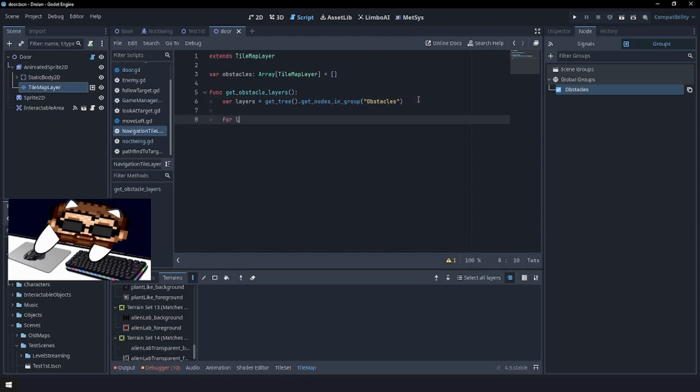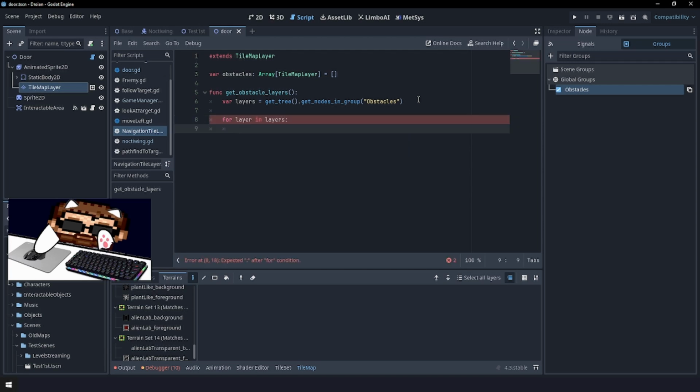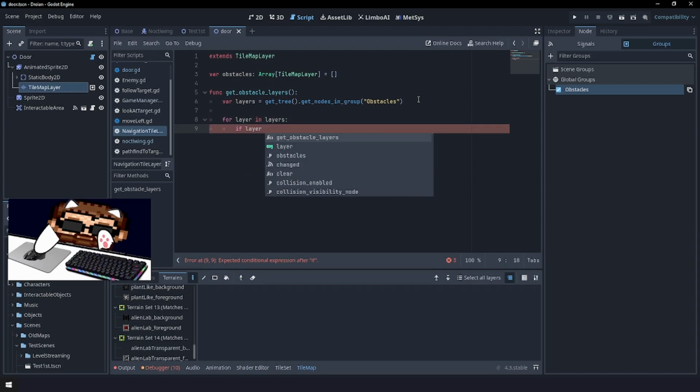Now for layer in layers. Now if layer is not tile map layer, continue,